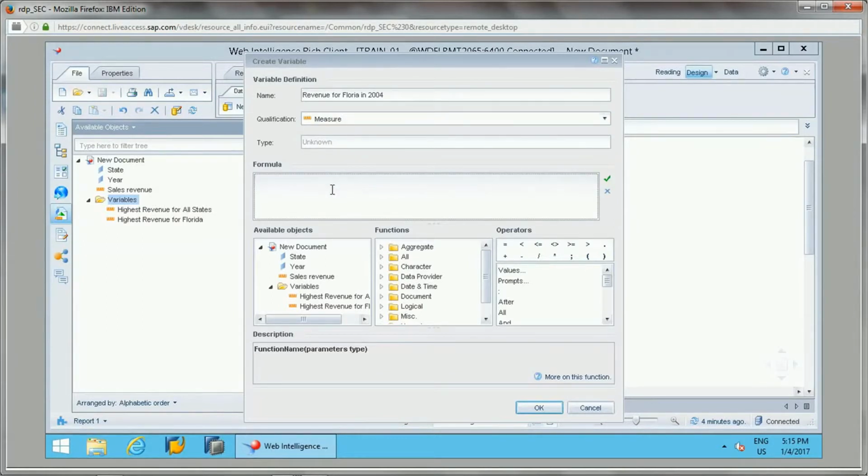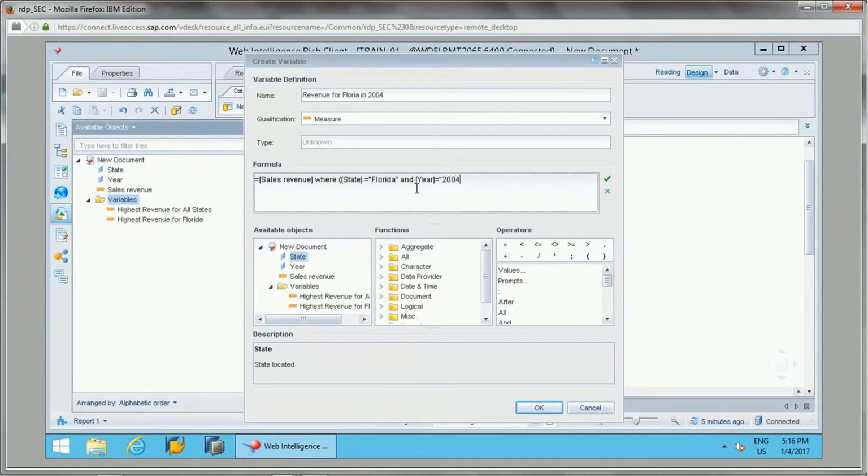The formula should be similar: we select Sales Revenue, where we specify state is equal to Florida, and also Where year is equal to 2004.